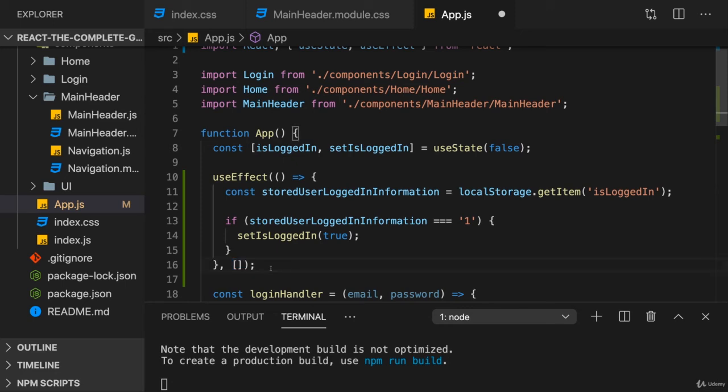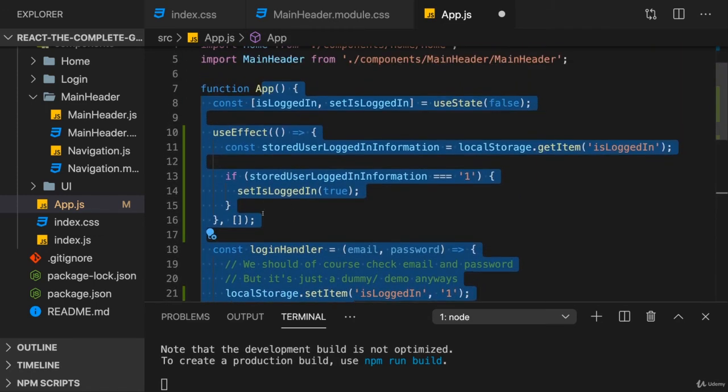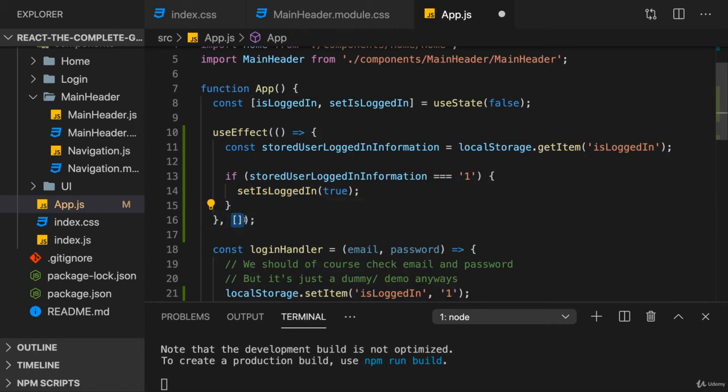Now, when the app starts for the first time, that will be the case. If this component function runs for the very first time because your app just started, then the dependencies are considered to have changed because you had, well, no dependencies before, you could say. But once it ran for the first time, with this setup here, we have no dependencies, and therefore, of course, they also didn't change compared to the first execution cycle.